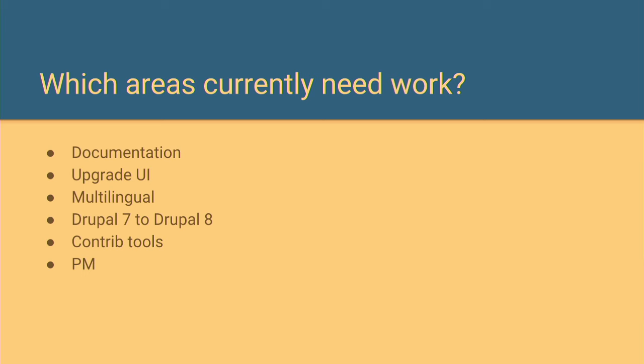All right, so which areas currently need work? There's probably more here than anywhere else in the rest of the conversation. First one is documentation. So I've learned a lot about documentation even in the last 48 hours. This is my first ever DrupalCon, and in Australia we're very isolated and working on the Migrate API. I don't think I've ever read the docs once. Being a core maintainer, you find yourself, you don't need to use the documentation. It's maybe not that relevant to you, especially when you wrote half of the things. You don't really pay attention to it.